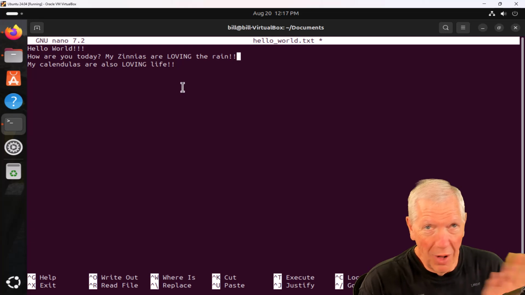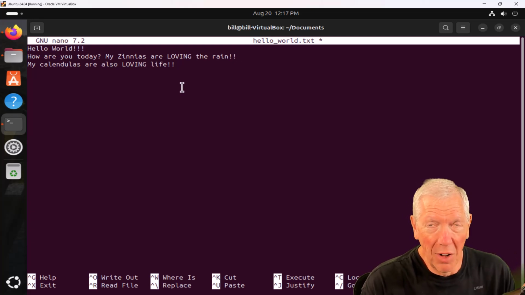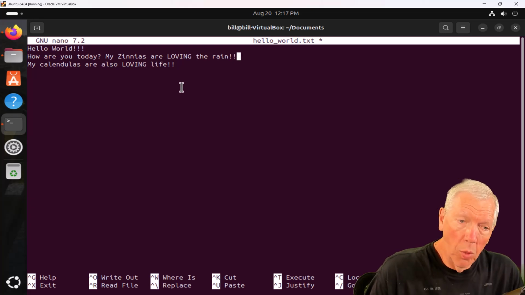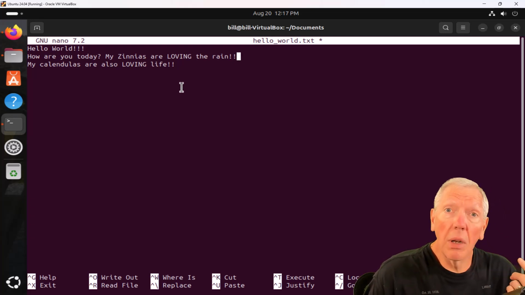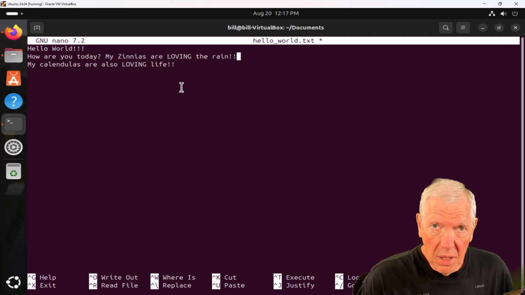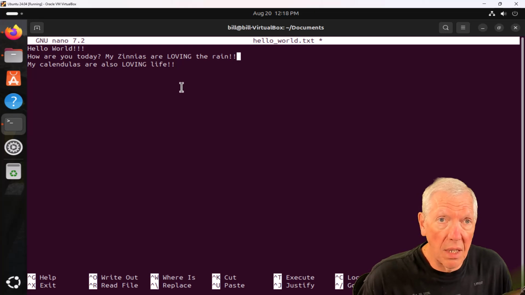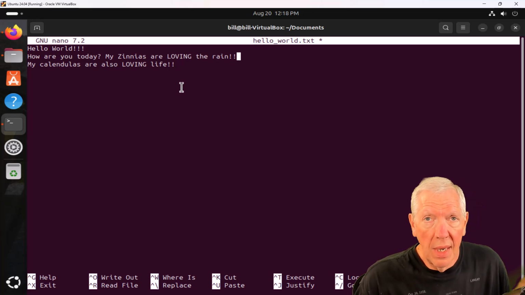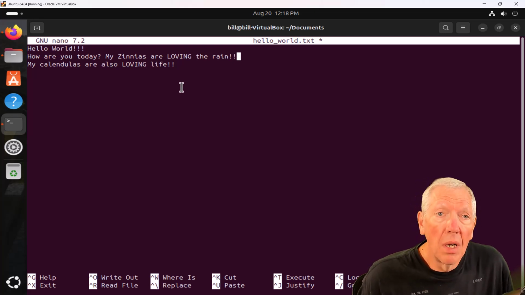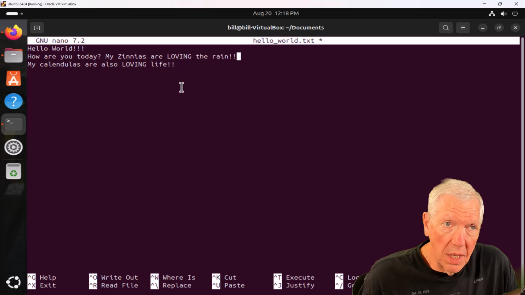So Vi just troubles me. I don't want to go to all that work. I don't want to have to work that hard to use the editor. If I had been working with Unix back in the day, I would love Vi because it provides an easier way to do something. Unix is a big deal. There's a lot of command lines and a lot of things that you've got to know. So this Bill Joy guy was just trying to make it easier. But now we don't care because we have editors like Nano.